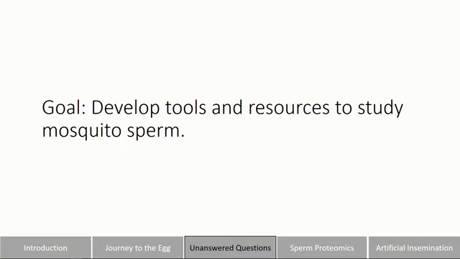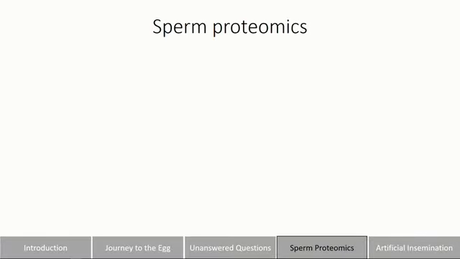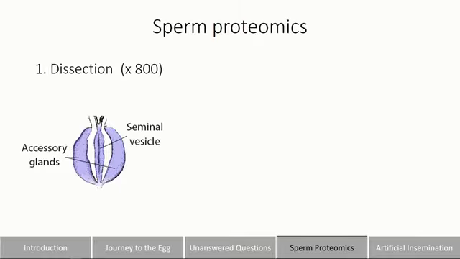Again, looking back at those questions, I realized that the answers to a lot of them were proteins. And so I delved into the literature to find all of the proteins that I could that had been described in mosquito sperm, and there's been a few at most. And so my goal then, or what I've been doing, is using a top-down approach and using shotgun proteomics to identify all of the proteins I can within mosquito sperm as a first step. So I dissect out the male reproductive tract, and I get rid of the accessory glands because those contain the semen, and we already have that proteome characterized, so we don't really need to know what's in there anymore.